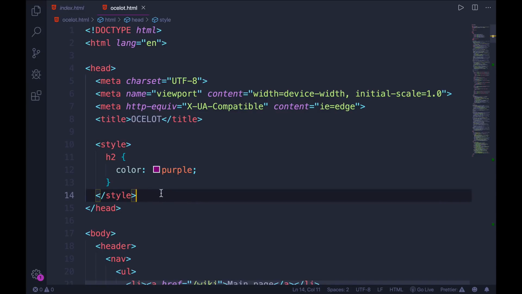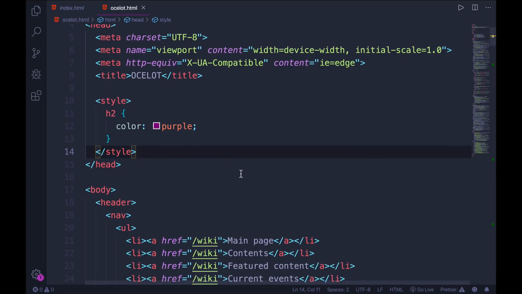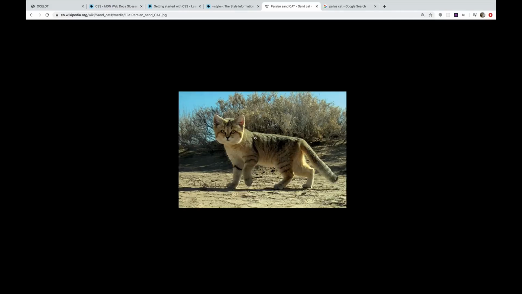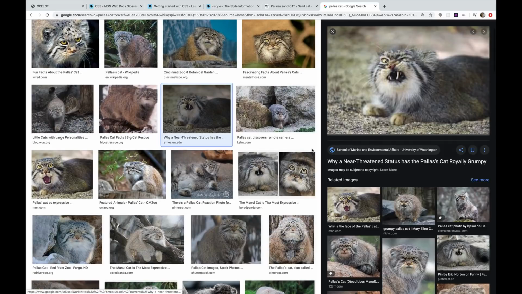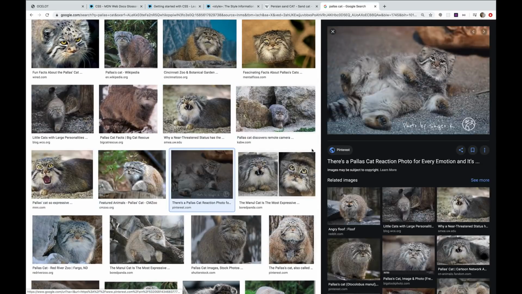Now, this is better. A style element is better than what we were doing by inlining styles, but it still is not great because if I wanted to have a second page, a jaguar.html page, or a lion or tiger, or a sand cat, I mean, look at how adorable those guys are, or a palace cat, also very adorable wild cat. Anyway,